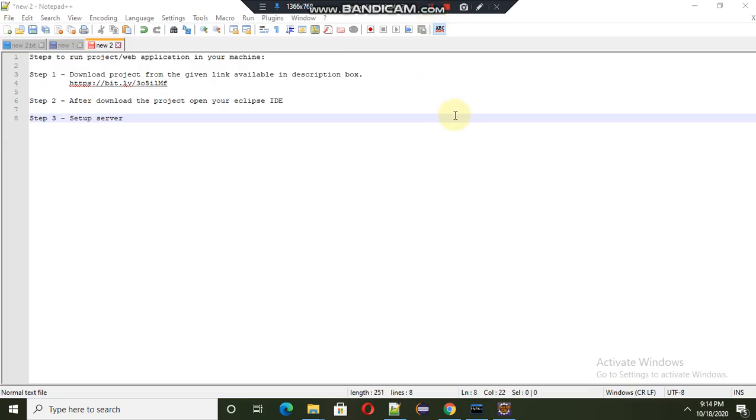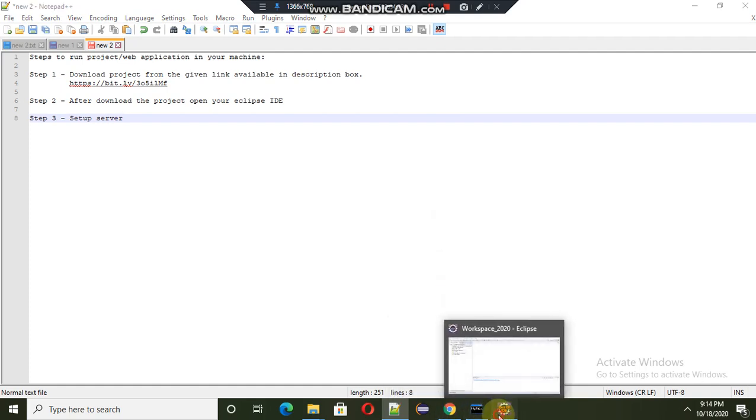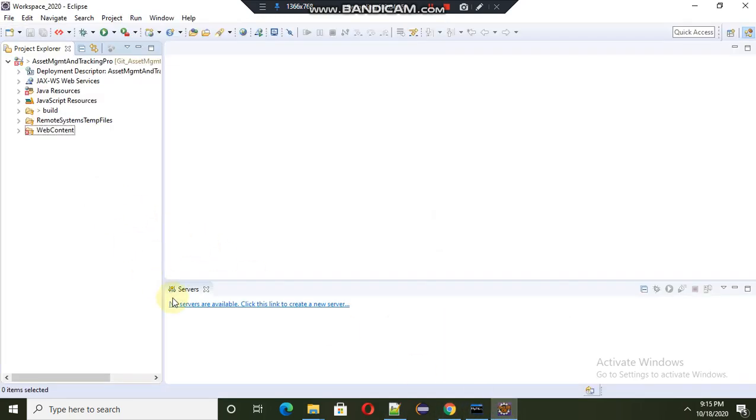So this is the dynamic web project, and you know that all dynamic web projects run on a web server. So we need a web server. Here I am using Apache Tomcat web server. So we can set up our web server. To create a new server, you just create this server link.